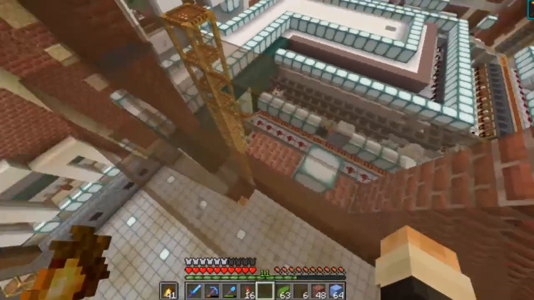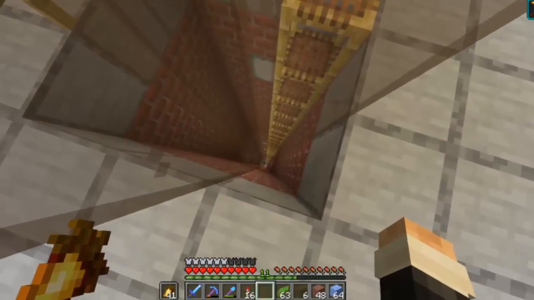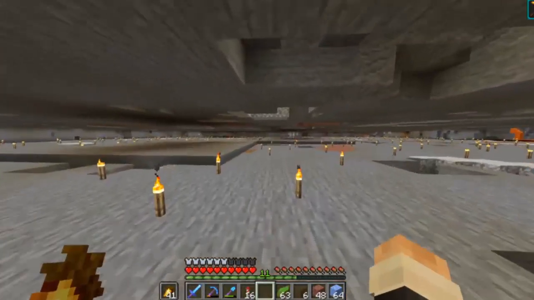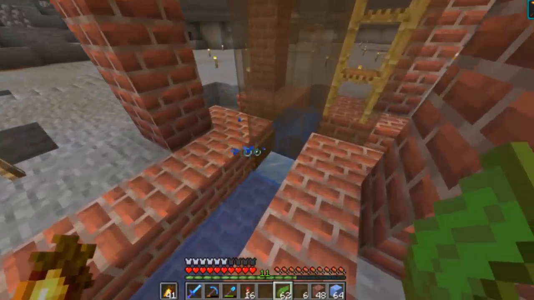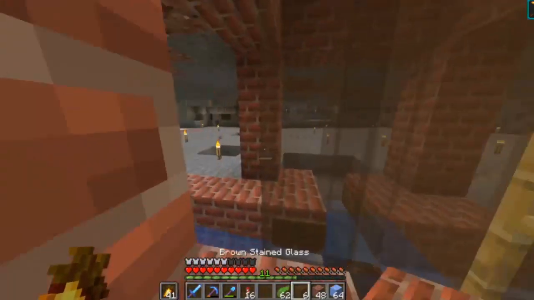So this is the item elevator that I have created here in the base. We're going to have items fall from down here. Let's go down here and take a look. So down here in my mining area, which you guys may have seen before, this is my strip mining area, we're going to have items be able to feed in here. They'll slow down just enough to get on the soul sand, and then they'll be item elevated all the way up this